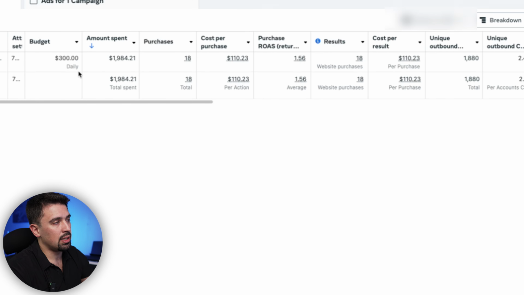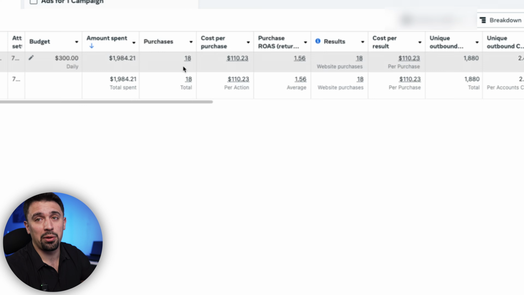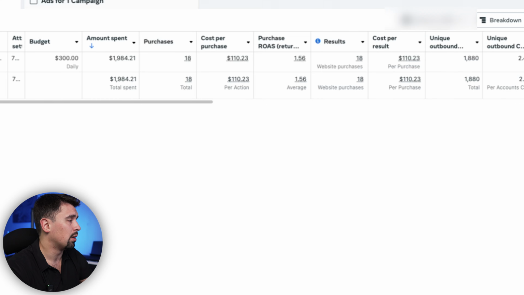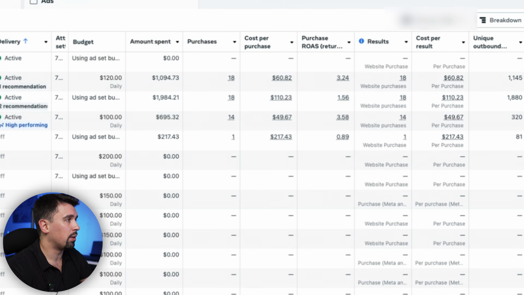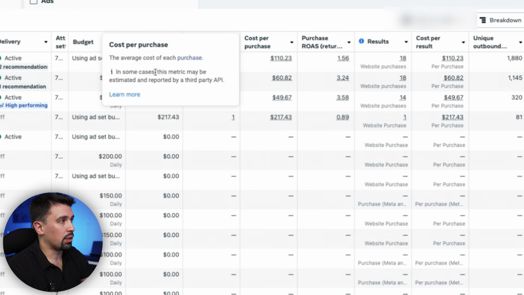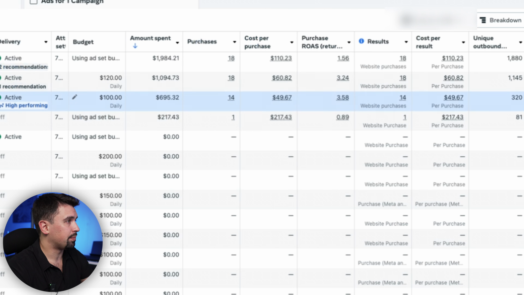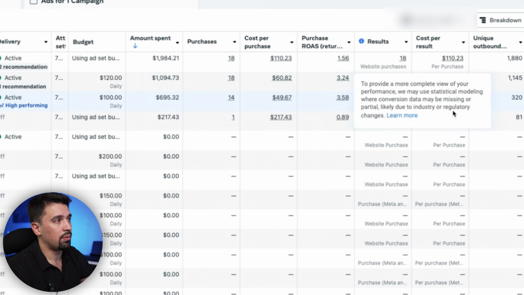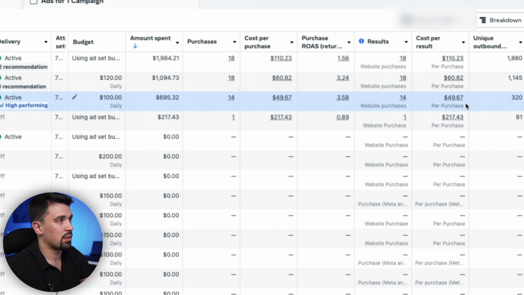But what you can see is it's still doing better than the $10 a day. It's at 1.56, which is about break even basically. So I'm not super concerned with that one. But again, still giving better results. Now this one, $100 a day, $50 cost per purchase. Makes sense. So the moral of the story here, guys, is try to set budgets that make sense for the